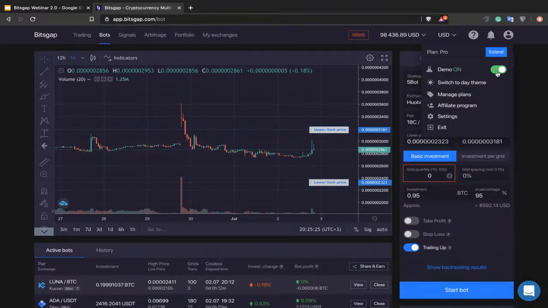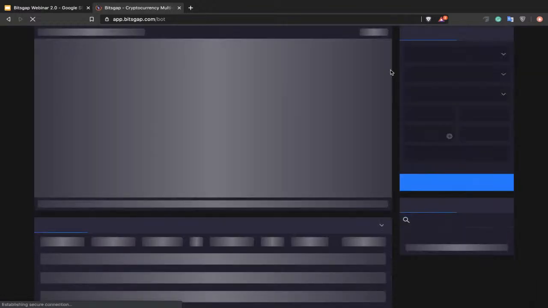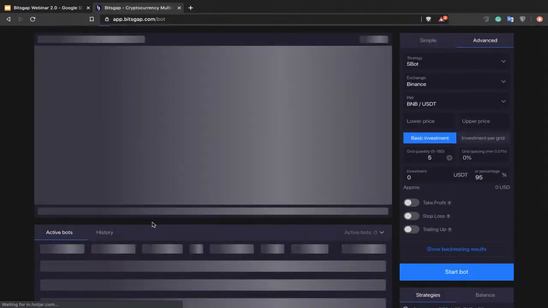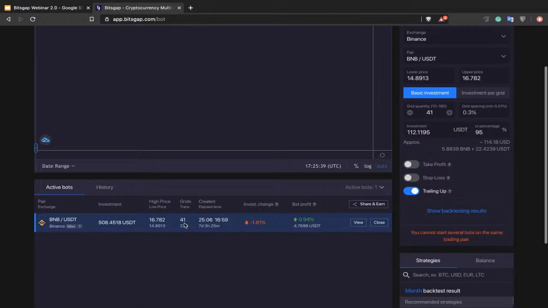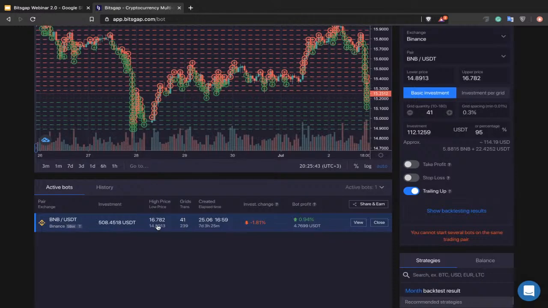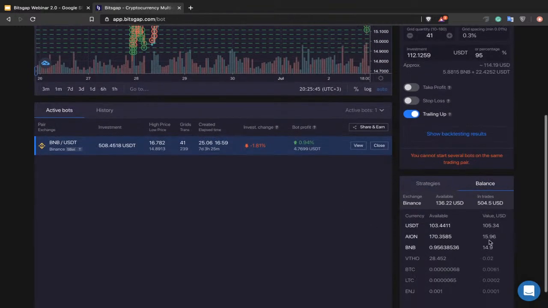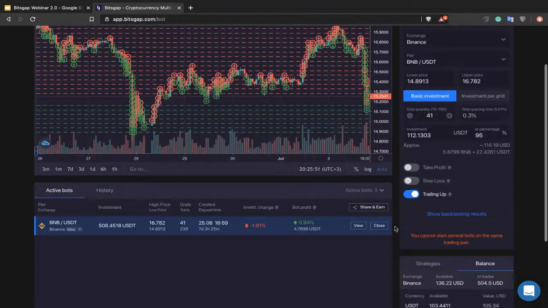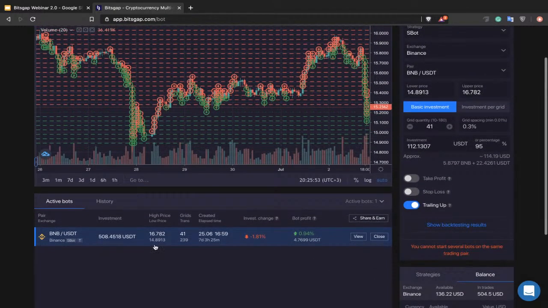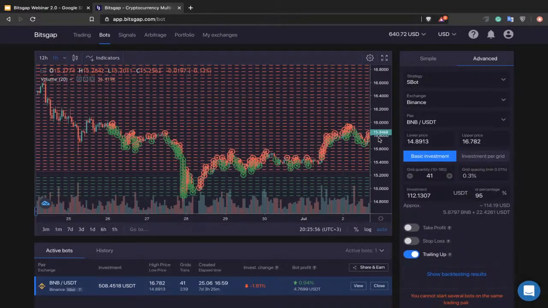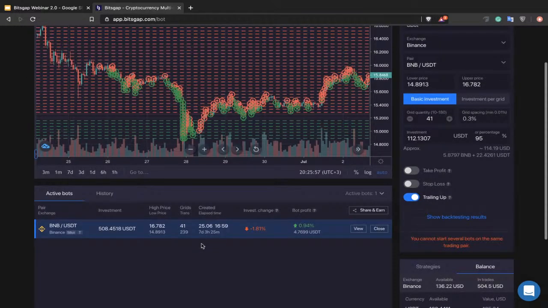Well, on one of my accounts I currently have $600, so that's enough for me to execute bots having grid levels up to 47. Actually, 41 grid levels are currently launched with BNB, that's 500 USDT, and I still have some available USDT on my balance, some ION and BNB passively lying in my portfolio. So having $600 is enough to launch a bot with 41 grid levels. Actually, I can launch with more grid levels,